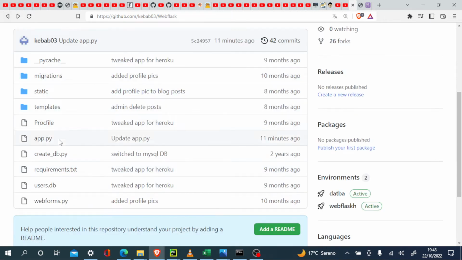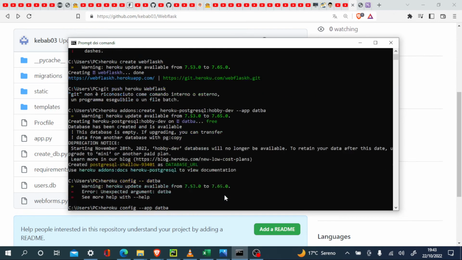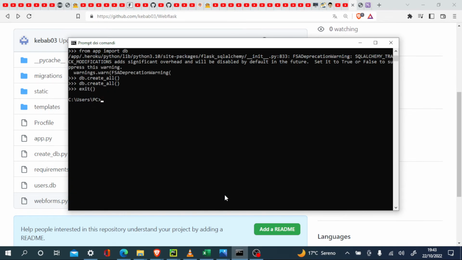So once you have done this, you have created this using pip freeze and this symbol, not this one, this single one, requirements.txt, and this file will be created